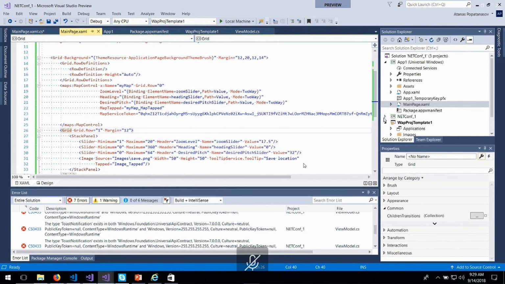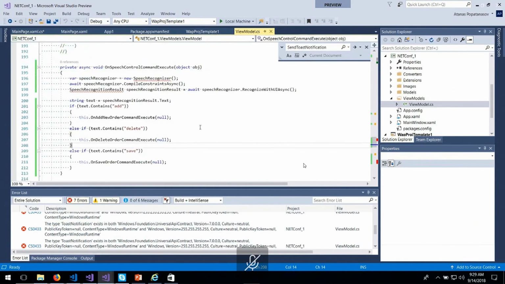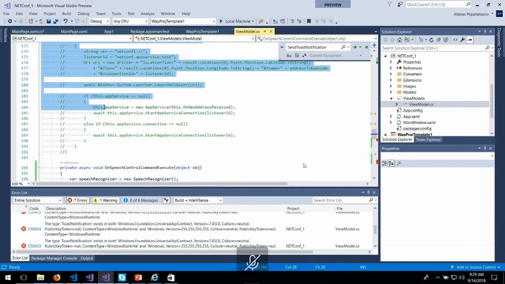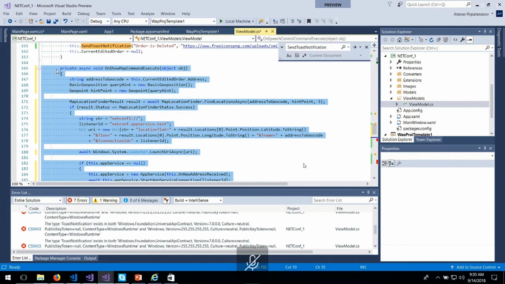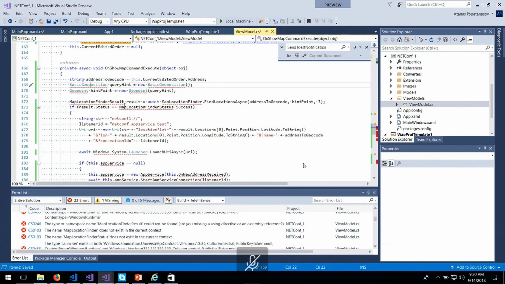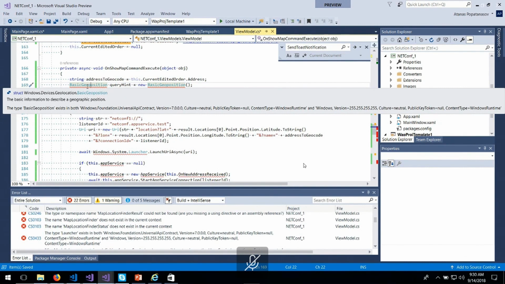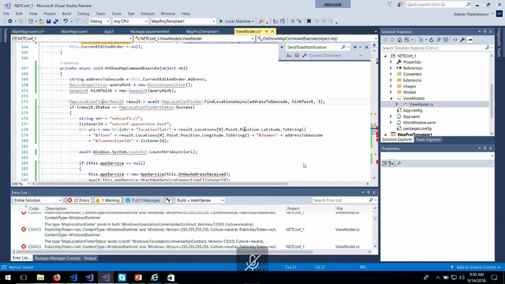After adding it, I'm going to implement the functionality from the WPF part. Here, basically, I'm going to pass the address of the order, that is a string. I'm going to use that string, create a basic geoposition, that's again an API from Windows 10, pass that geoposition to the geopoint, and call the application finder by passing it the string, and it should return me the latitude and longitude of that address. After that, I'm going to create an URI